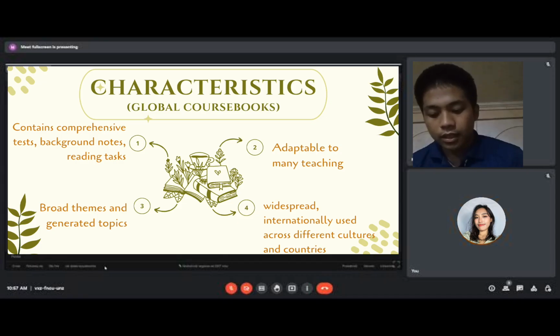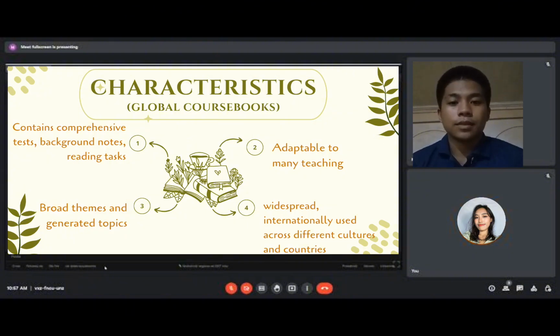Also, it adds that international EFL course books are typically produced in English-speaking countries. So, we cannot use this in any country. For example, what if Bangladesh doesn't speak English? We cannot send them such books. It can be useless. It can only be used in certain areas like the Philippines, Malaysia, Taiwan, maybe Japan.